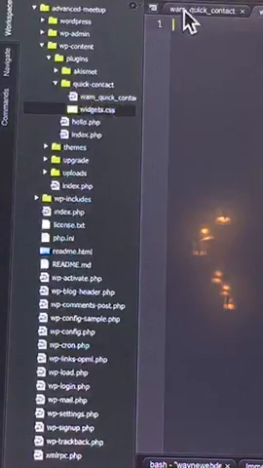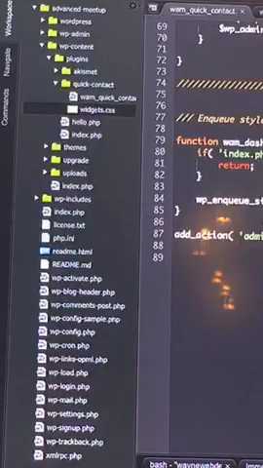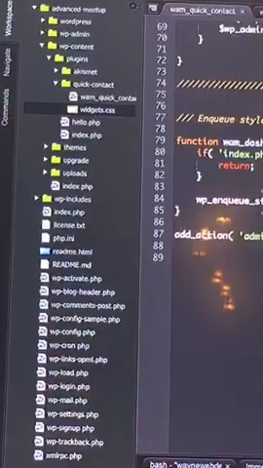And it's currently empty. So in this case, I'm using the wp_enqueue_style, and you can use wp_enqueue_script if you're doing a .js file or any other kind of script file. In this case, I'm pulling in a CSS file, so I'm going to use style, and then you give it a name,